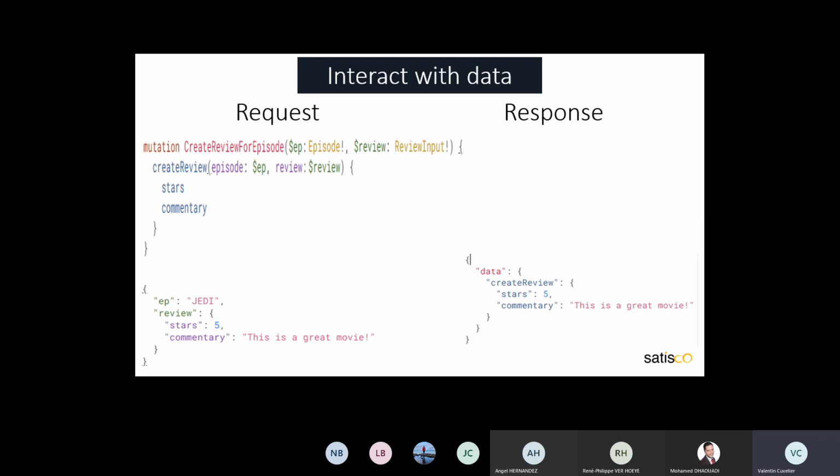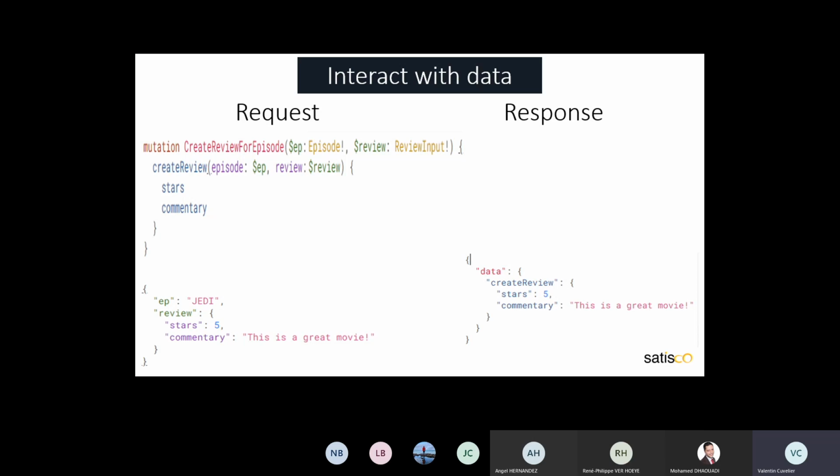And we can see also that for this mutation we can receive from the server a response, and we can define this response too. So it is really interesting to see the new state of an object after an update, for example. So here we create this mutation. As you can see, we have two mandatory parameters. We have the episode and the review.